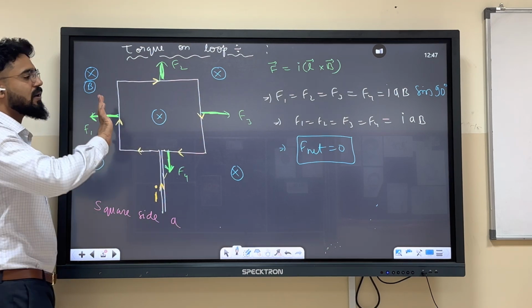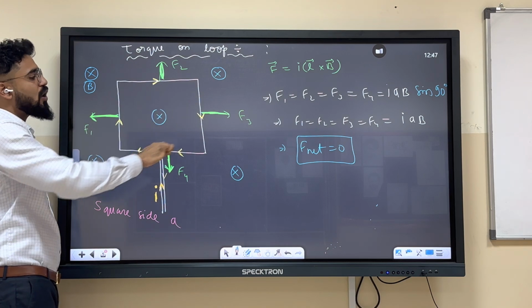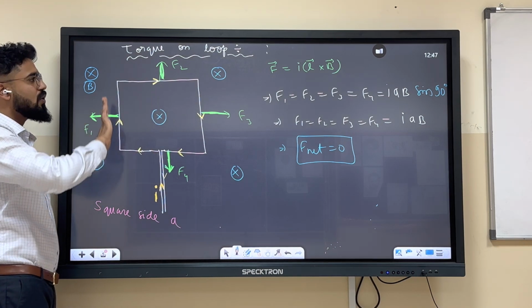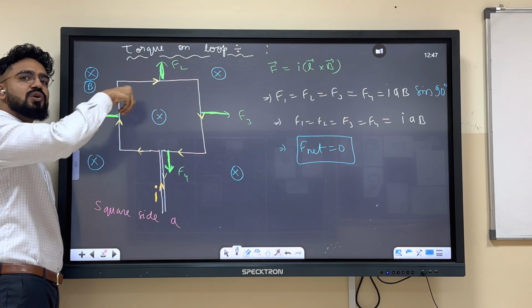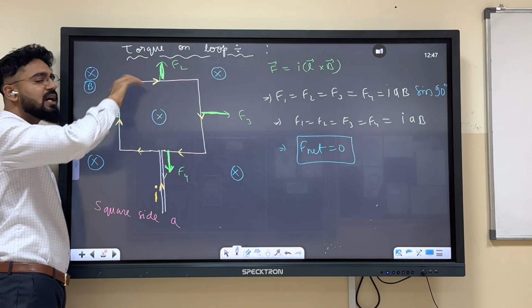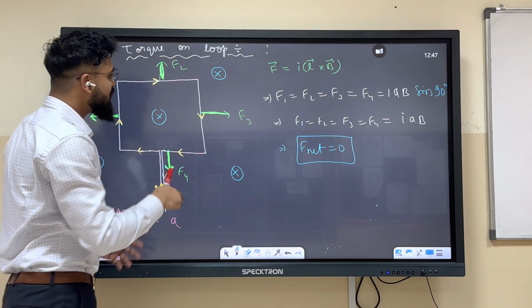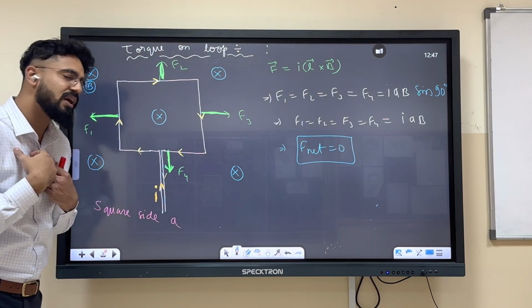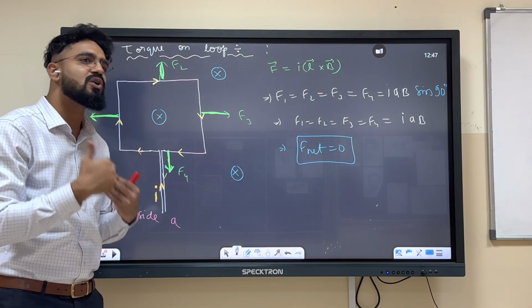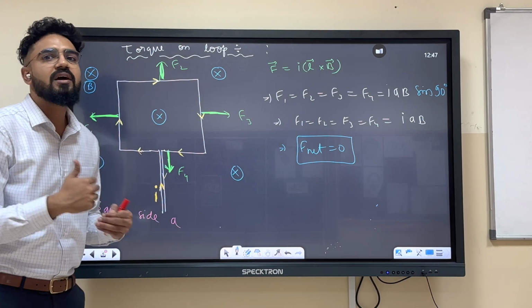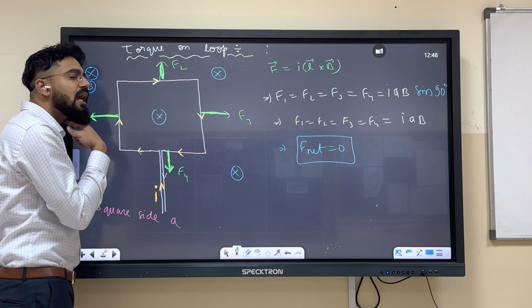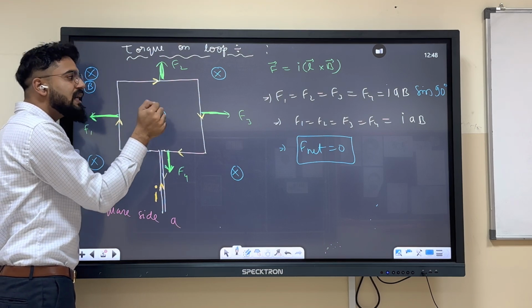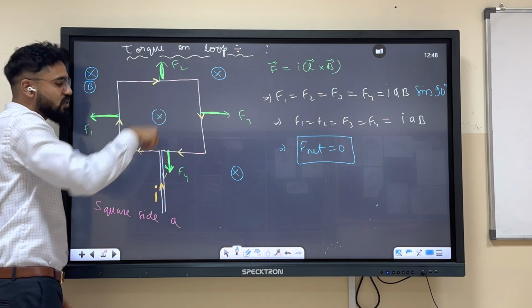One more thing: over here, can you calculate the direction of the magnetic movement? Take the magnetic moment direction, follow the current. Use your right hand, curl your fingers in the direction of current. So the magnetic moment is also inside. So we already have to derive that torque equals M cross B. But can we say the angle between the magnetic field and the magnetic moment is 0 degrees, because it is also inside?